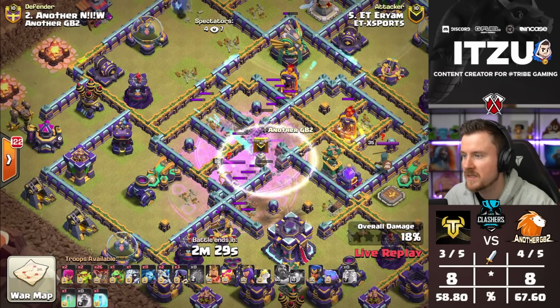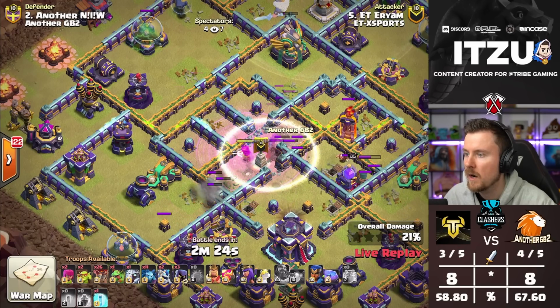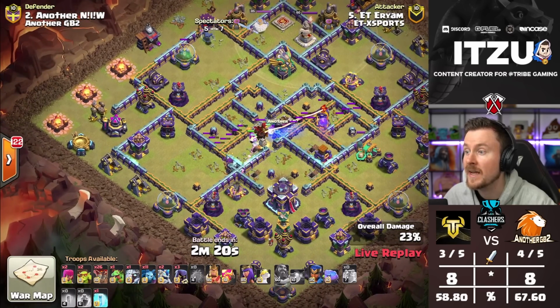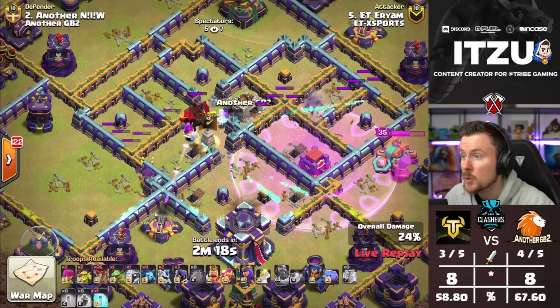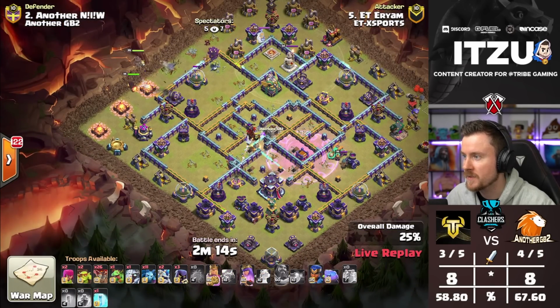Just keep that Hound invisible. That's the most important thing. Keeping the Hound invisible so that super archers are not attacking that. That is the most crucial thing. And take a look at that. He even has a freeze left. Can he take down? The Inferno Tower goes down as well. Oh my. ETX Esports are just...